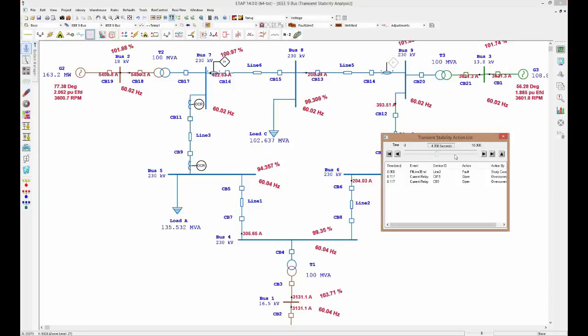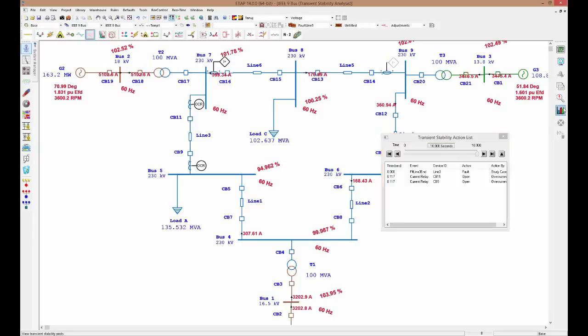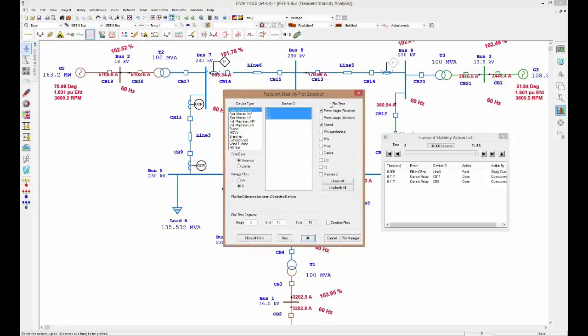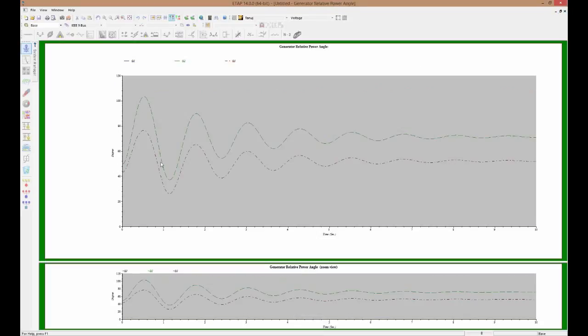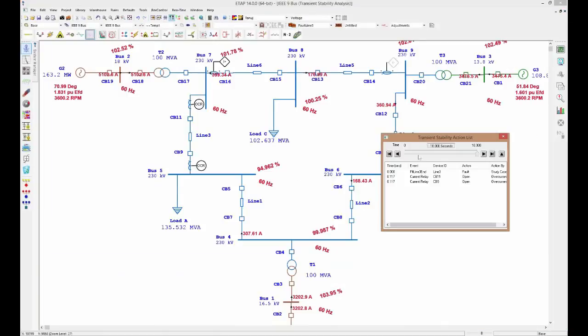So as we step through time and see further information, we can see the voltages are fairly stable, but we can visualize this again through our plot, relative angle and speed. So we can see that, yes, indeed, the fault was cleared in the correct amount of time, and the system appears to be returning to a stable limit. So this is typically what we would do inside